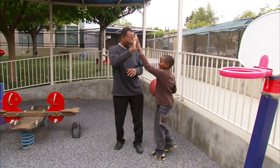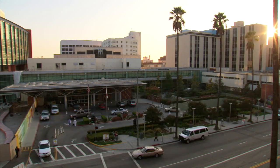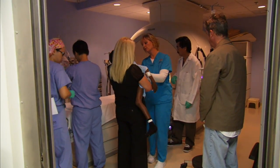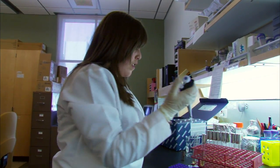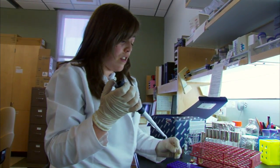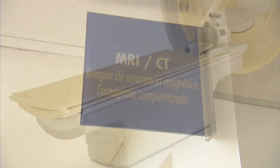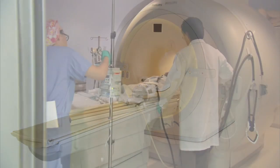To make more ambitious projects like these possible, the Volunteer Associates groups are running an aggressive fundraising effort to purchase the research-dedicated 3 Tesla MRI and to fund the ongoing research. We're raising money to have an endowment, to have the interest on the endowment pay for the operational costs of the magnet. If all goes well, the new MRI could be running by the middle of next year, and Children's